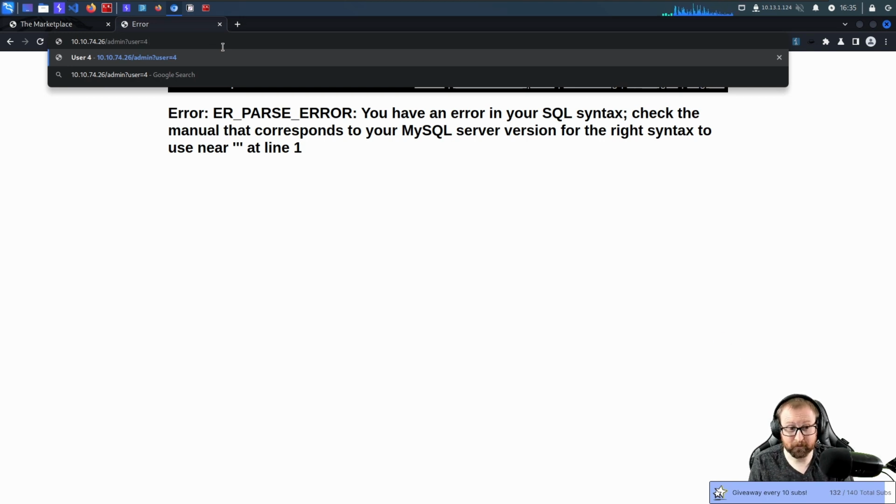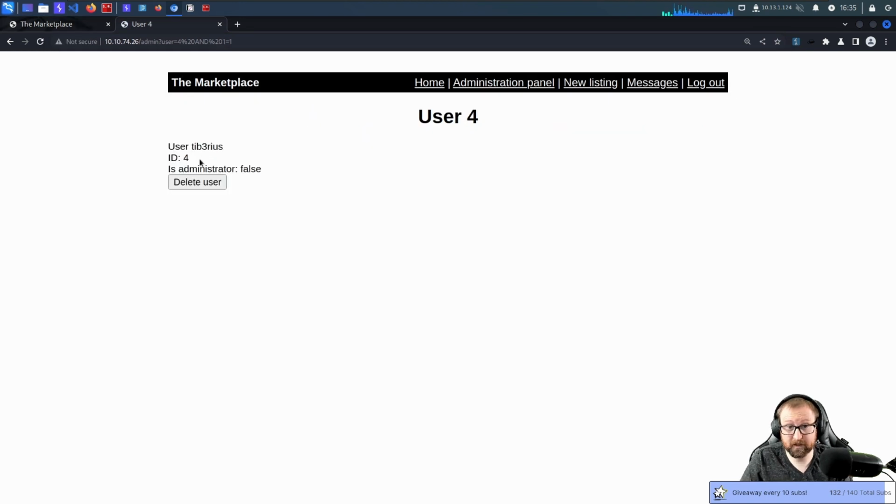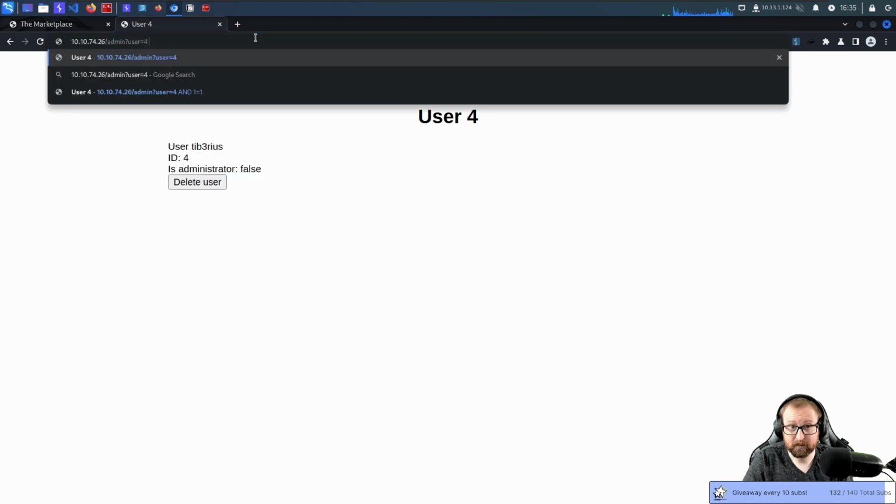So we're going to do probably, I would guess, let's just do an and 1 equals 1. So what we're going to do is a union. I imagine we could control some of these parameters. We need to find out how many columns are in the original query.